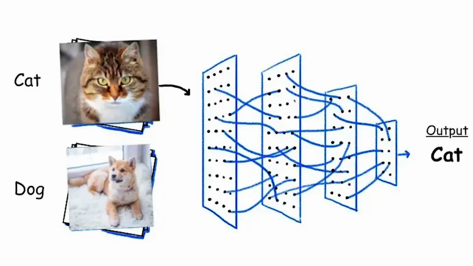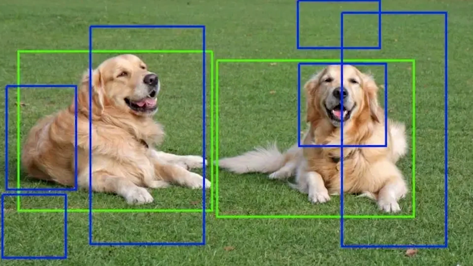Now, after finishing off with ANNs, you will be introduced to CNNs, which is convolutional neural networks. Here you will be working with a ton load of images, and the problem statements you will be dealing with are quite different. You will be working on image classification, image localization, and image segmentation.